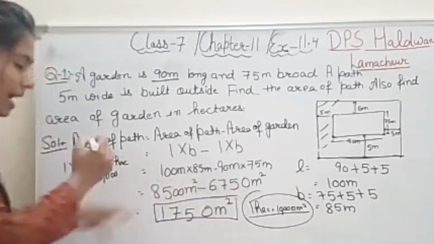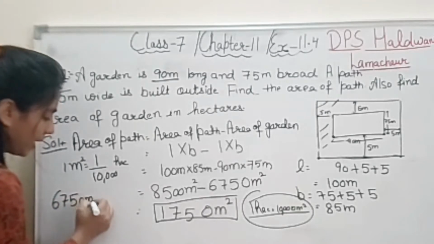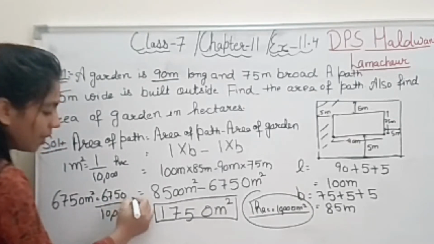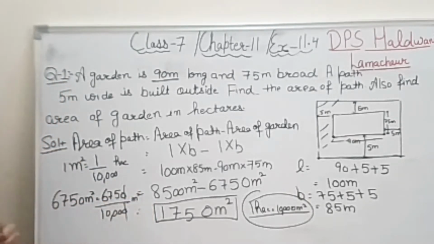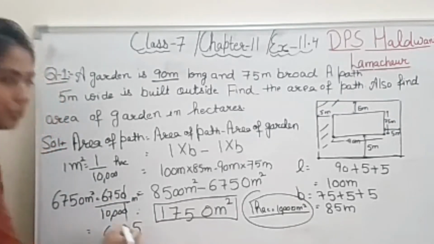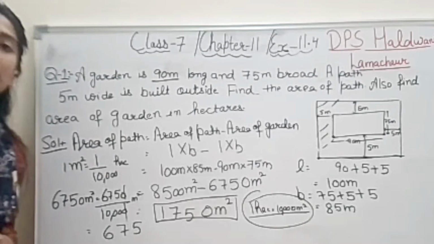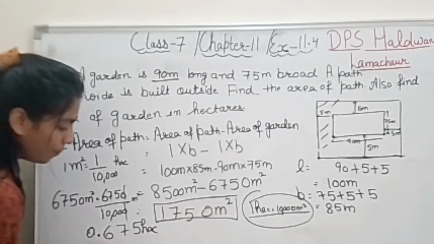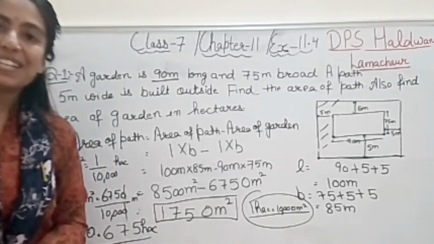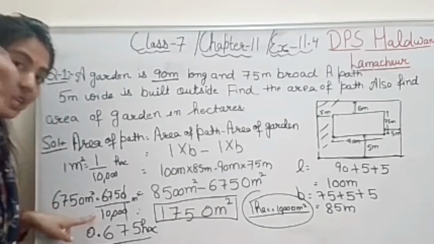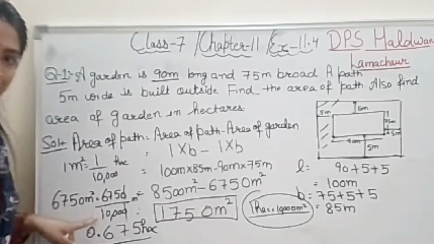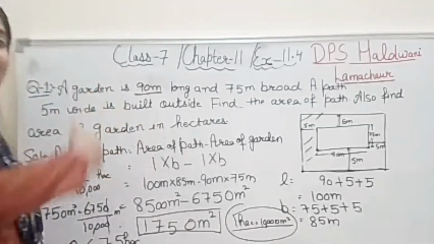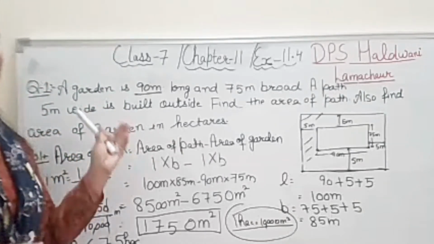So how many meter square do we have? 6750 meter square is equal to 6750 upon 10,000. Now calculation: cancel out the 10. We have 675 in the numerator. 1, 2, 3, 3 zeros in the denominator. So after 3 digits, put a decimal. This is 0.675 hectare. Very simple. And here what concept have we used? Convert into decimal. In the decimal chapter we have learned how to convert into decimal. Right, student? It's simple. So I hope you got this question. Very simple question we have. So this is all about question number 1.